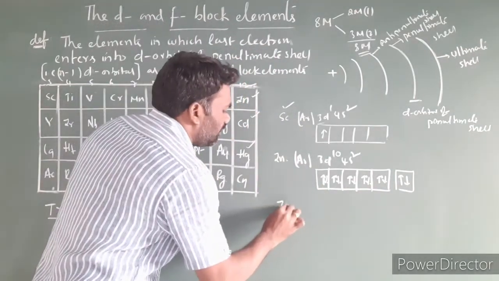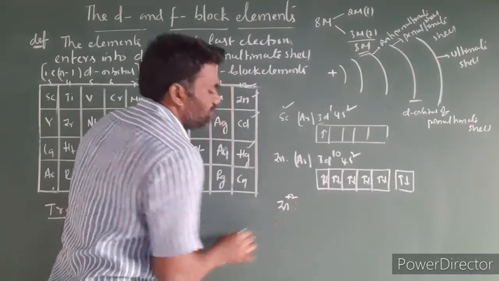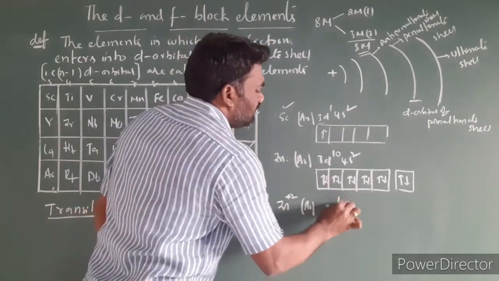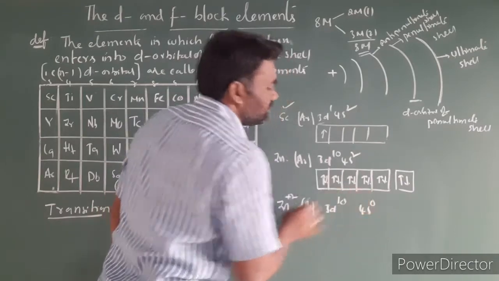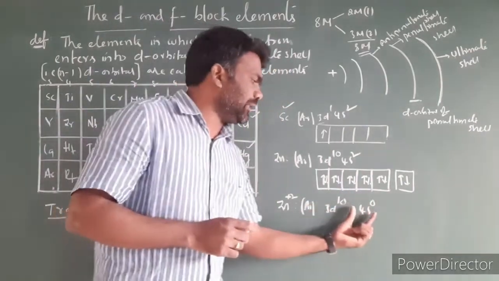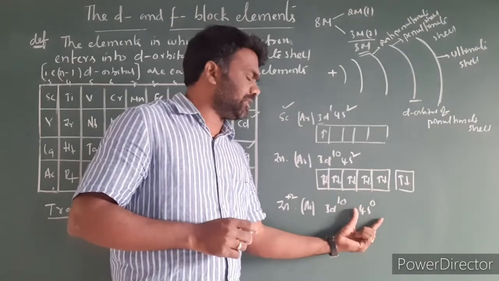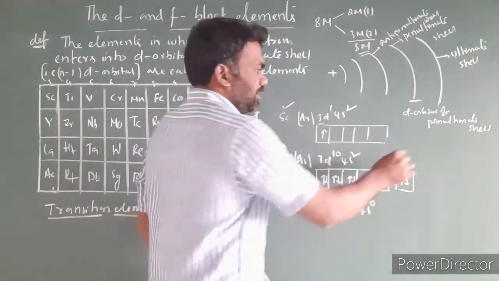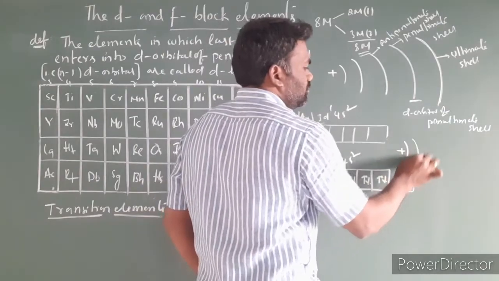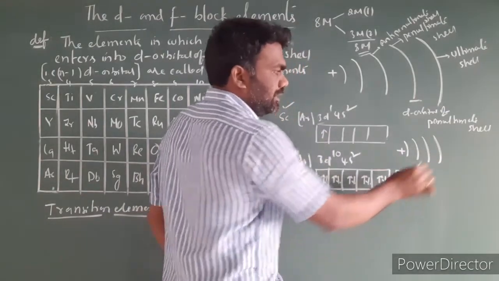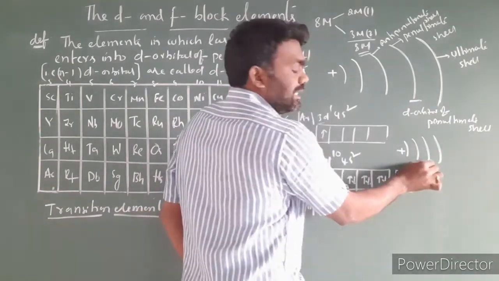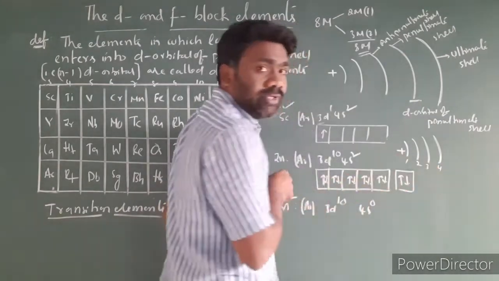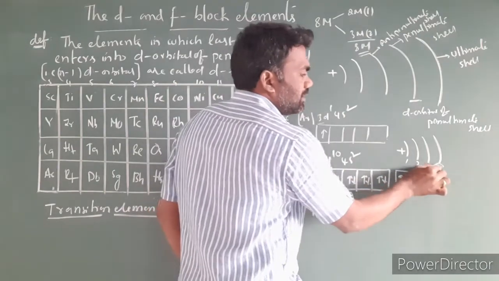If you take its oxidation state, zinc in the form of Zn2+, the electron configuration is argon 3d10 4s0. First we have to remove the electrons from the 4s orbital because this is the outermost energy level, and the d orbital is the penultimate shell. Here, this is the nucleus, shells 1, 2, 3, 4, and the 4s has 2 electrons. This is the last shell, n equals 4.